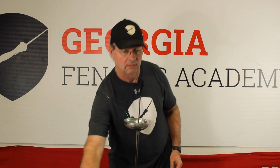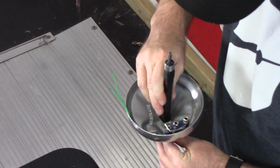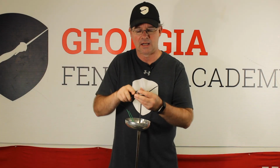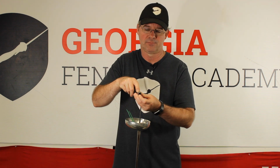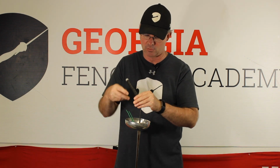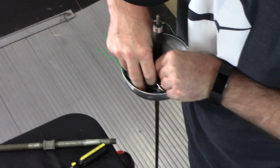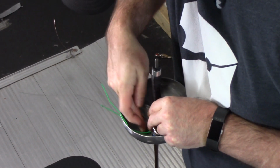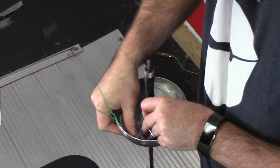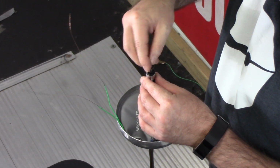Next would be adding the French grip. So French grip, very simply, just goes straight over the tang and presses down like this. You'll notice that these grips have a divot here, basically for the wire to fish through. Okay, so we take and put that over there like this. So if we were looking down through the bell pad, you would see that the wire was channeled straight through that groove. Can fold the bell pad back over, then take a lock washer over the tang here, keeping